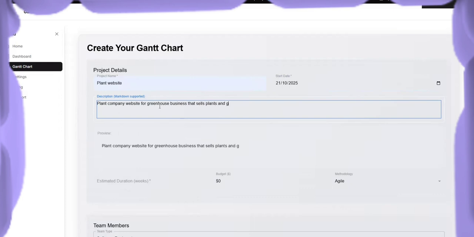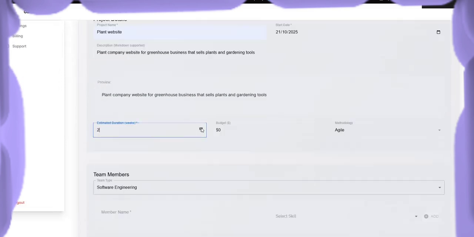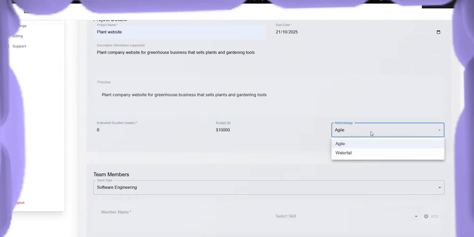that sells plants and gardening tools. And then, for example, you can set it to your number of weeks that you would want, and so for the budget we'll put 10,000, and you can change the methodology to agile or waterfall. As part of this, we've got a few different types, so construction and general engineering and software engineering. I'd love to be able to add some more into this as it goes along, but I'll